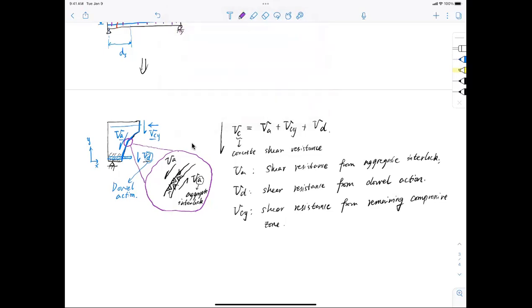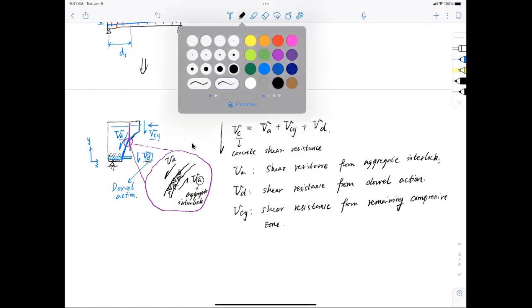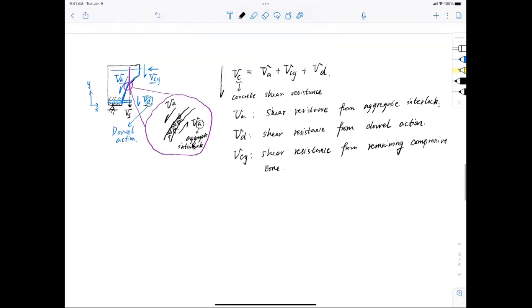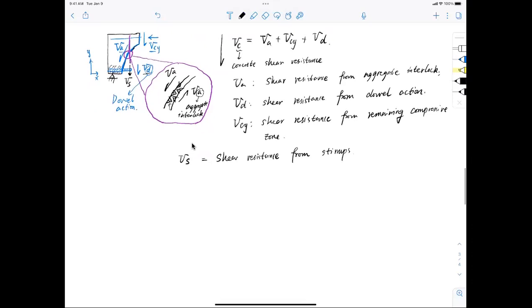But now, since I exposed the stirrups, I would anticipate there would be some shear resistance from the stirrups as well, right? So let me call it Vs. Vs will be the shear resistance from the stirrups. All right, so now with all this terminology, you start to figure out that the shear resistance